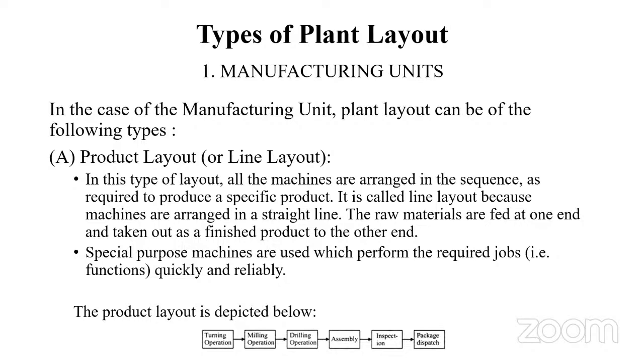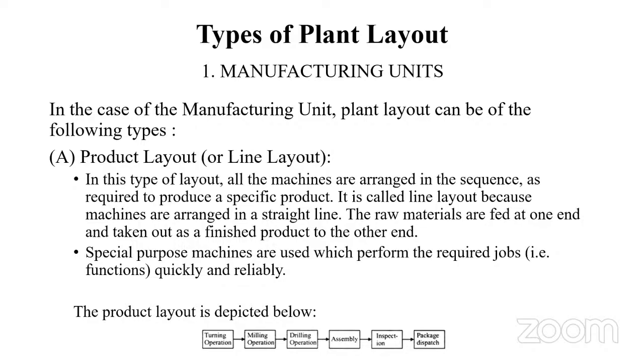And let's start with product layout, or it is also known as line layout. In this type of layout, all the machines are arranged in a sequence as required to produce a specific product. It is called line layout because machines are arranged in a straight line. The raw materials are fed at one end and taken out as a finished product at the other end. The product layout is depicted in the diagram below: turning operation, milling operation, drilling operation, assembly,